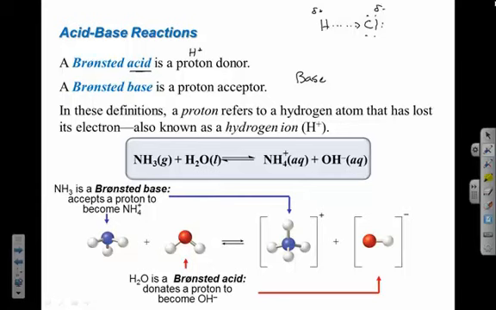If there's a base nearby, it's much easier for the chlorine to pull the electrons away from the hydrogen, because what a base has in order to be a proton or H plus acceptor is a pair of electrons that it can use to